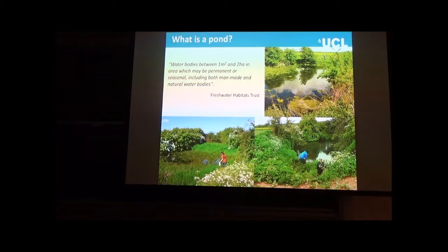As I said, in the UK we've got a wide variety of ponds of different origins. Most of them are man-made. All of the ones in these photos, for instance, are old marl pits, which is where in agricultural land they tended to dig down to get to the marl clay subsoil, which was a good fertiliser and soil conditioner to then be spread on the fields. Obviously once you've dug your pit, it then eventually just fills up with rainwater